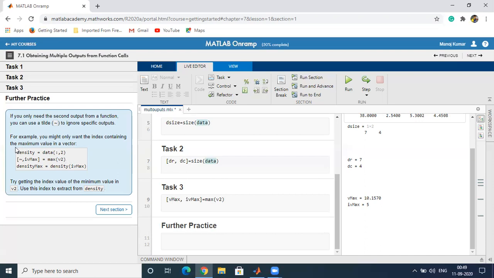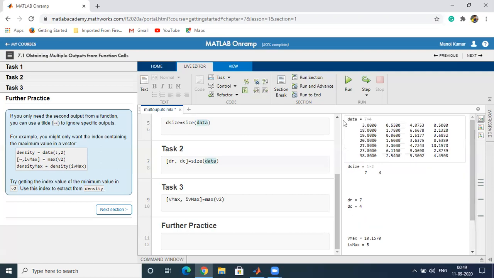For example, density equal to data colon 2, which contains only the second column of the data, and we are using tilde, ivmax equal to max of v2. What will be the output?